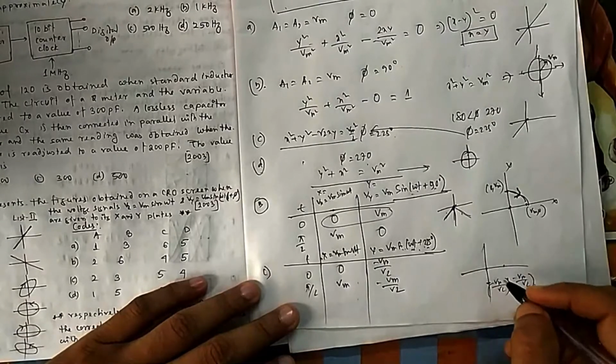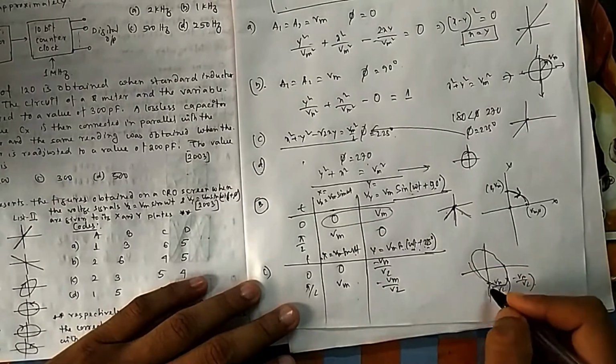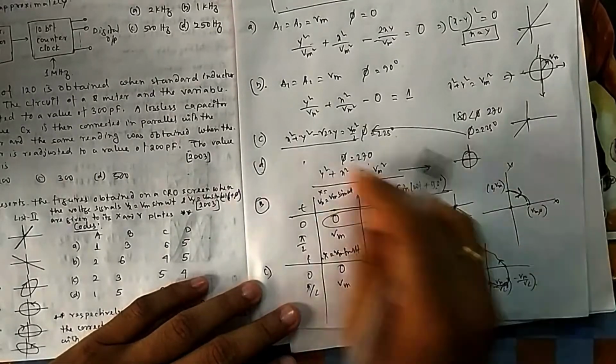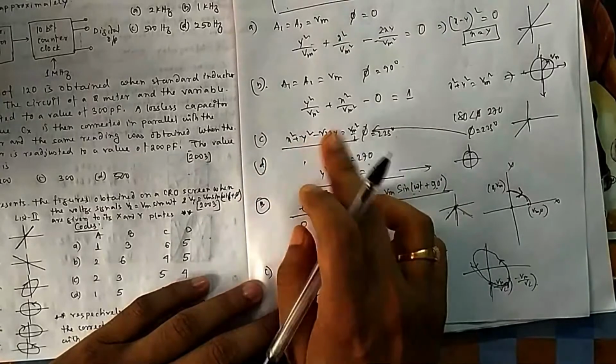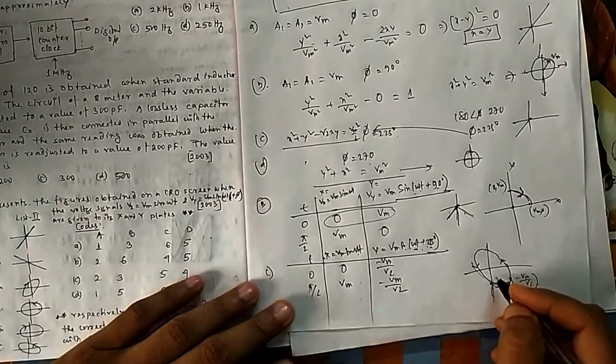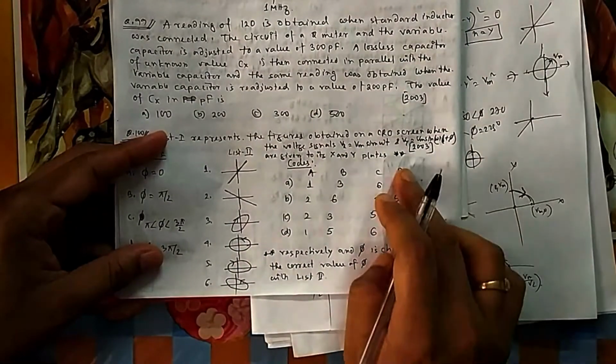So it will be some sort of this type of ellipse, you can see. It is moving from this point to this point. So it is moving in this direction, because that will give me an ellipse, from the expression we know. Or you can find lots of other points also, then you will see it is moving in this direction. So that is your D is 4. Sorry, it is C. C is 6, so you can see 6. It is moving in this direction.